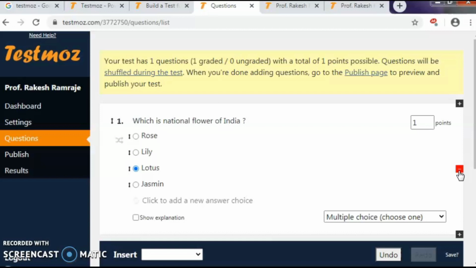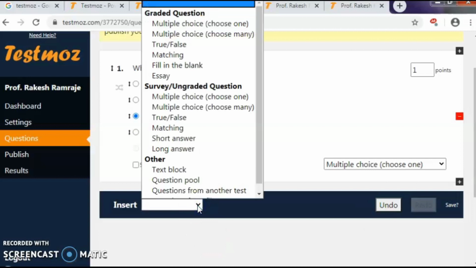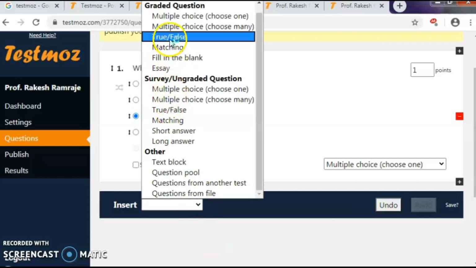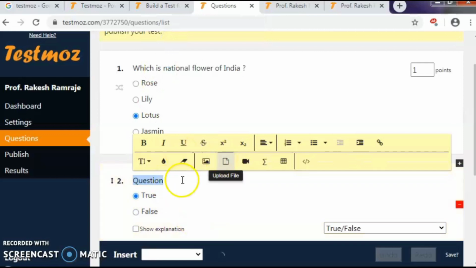If you want to change the entire question along with the options, for that, on the right hand side, a red color square box having a negative sign is given. If you click onto that option, the total question along with the options gets deleted. Afterwards, the next question you have to take.